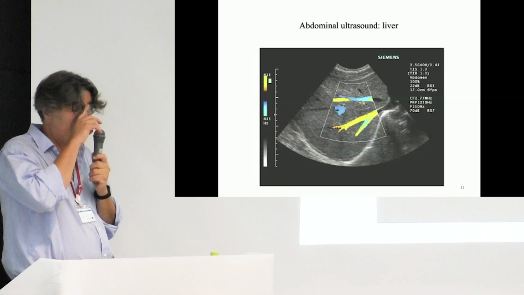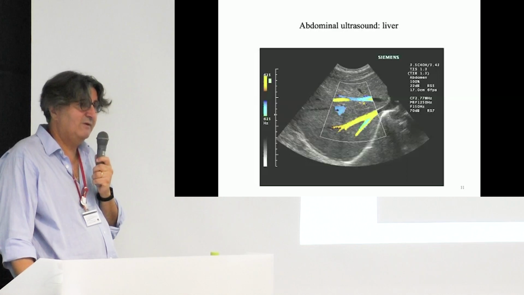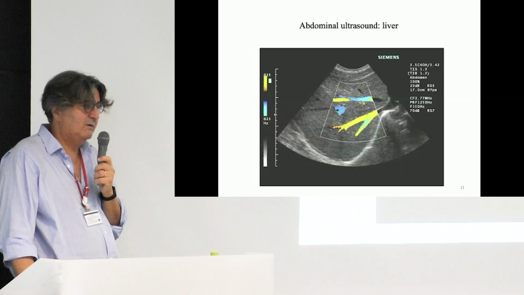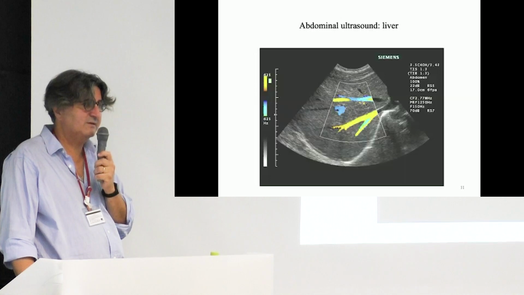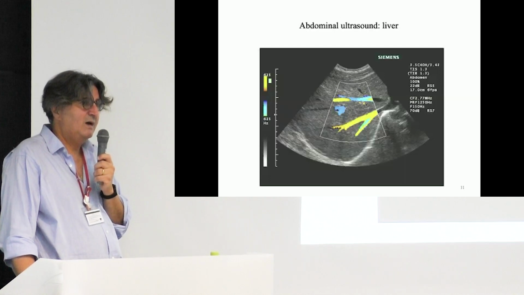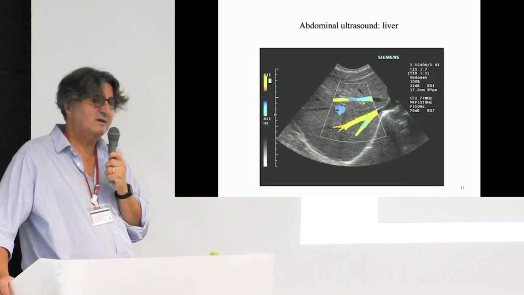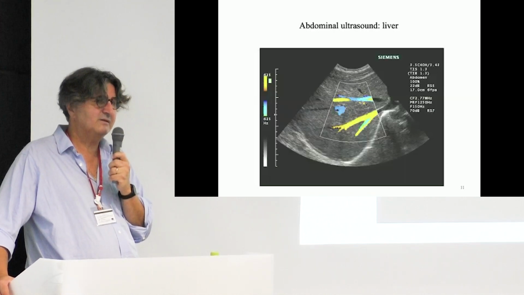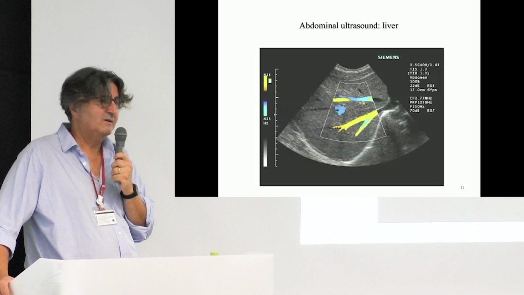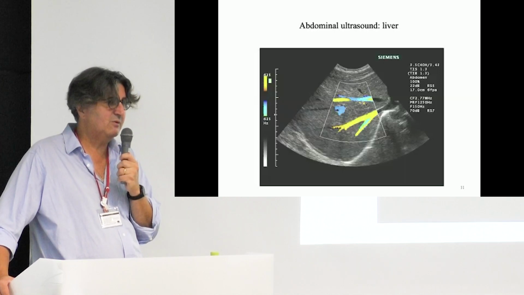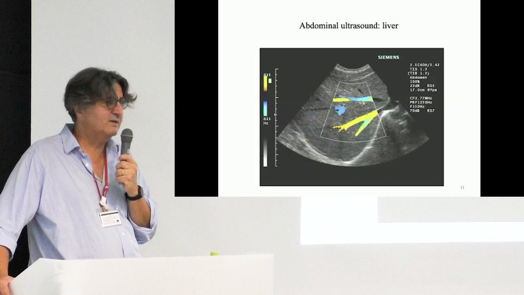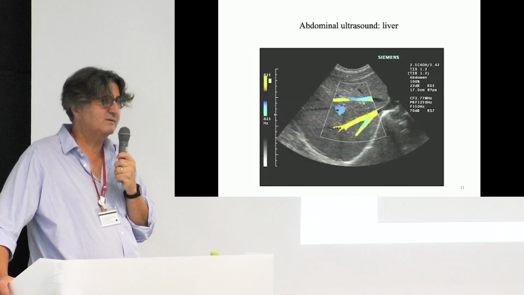For instance, if you have cancer cells, it is known that these cancer cells are very well vascularized. So by using Doppler technique combined with images, you can see these cancer cells